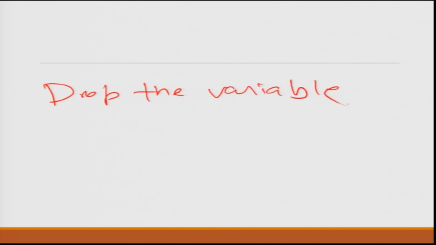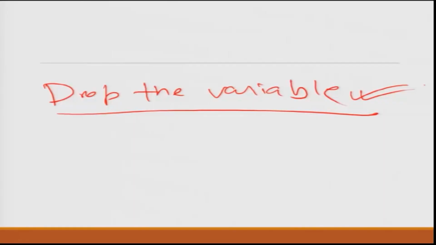One simple method, the easiest and quickest, is to drop the variable. And if you ask me, this will work in most of the cases, because in any case the two variables together, because they were correlated, there was collinearity, were also not able to predict too much of the output. So removing them does not impact your prediction too much. So one simple way is to simply drop it, the other way is to combine it.